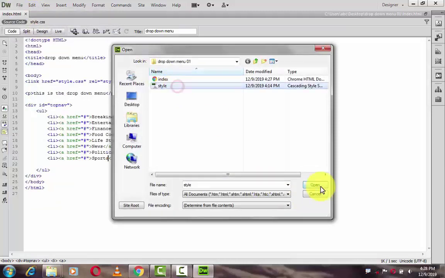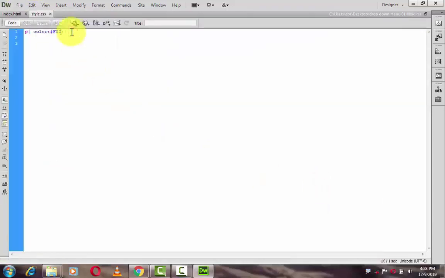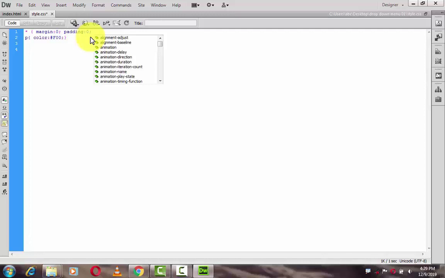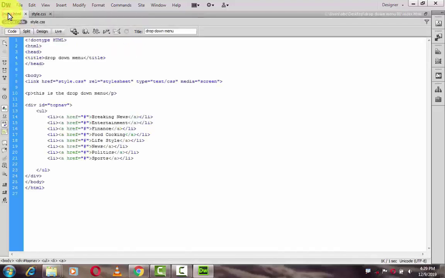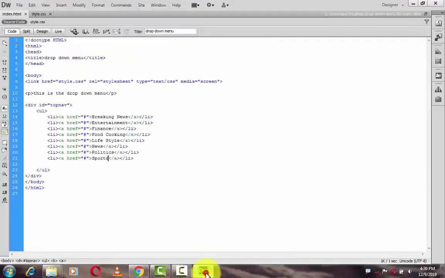So again I create a CSS page here, and after that I write star, margin equals to 0, and then next I write padding equals to 0, and next I write border equals to 0. So for that I use semicolon here, and I close the bracket here, and after that I save it here, and I save the HTML page also, and I preview that. So here you can see that the margin, border and padding are completely removed, and it can show the